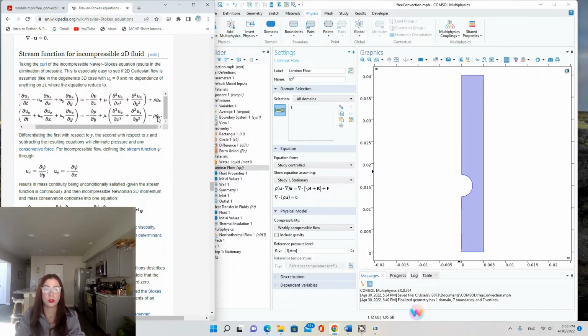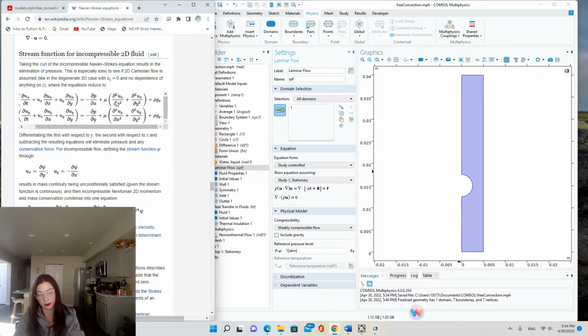So g is gravity, and here we've got a buoyant force, so it's going to be overcoming gravity. And then in parentheses here, so here's your p term, the negative partial derivative of p with respect to x for the x component and with respect to y for the y component,